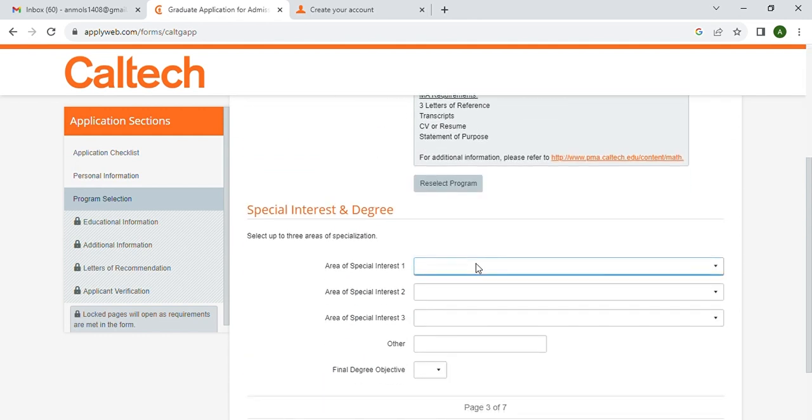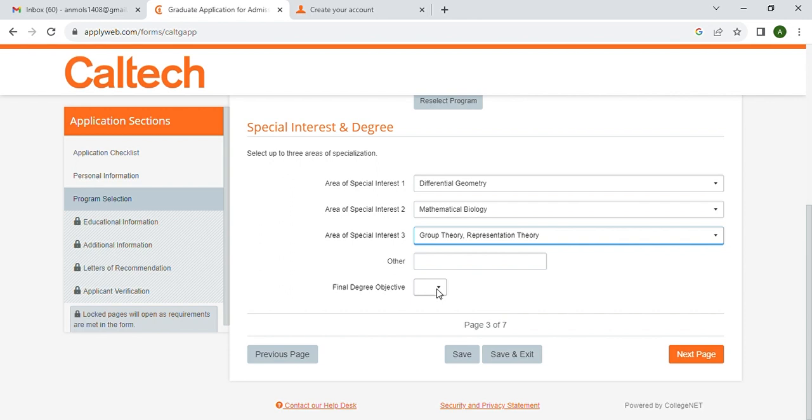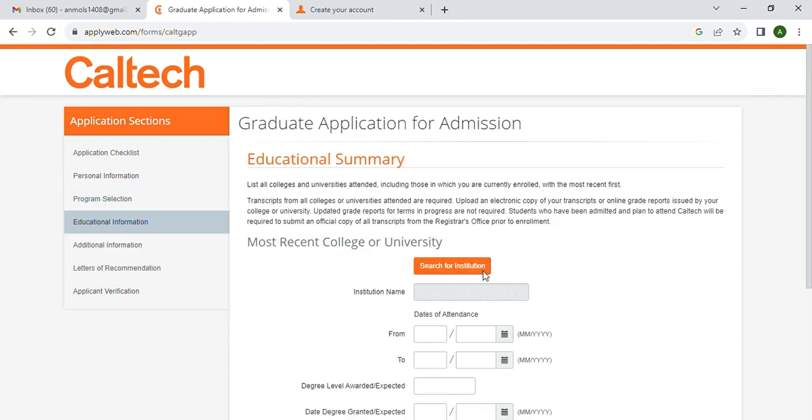Now select the area of interest of the program first, second and third, and then final degree objective PhD, and then click on to the next page. Now here you need to enter the details of your BSc as well as MSc. So click on search for institution